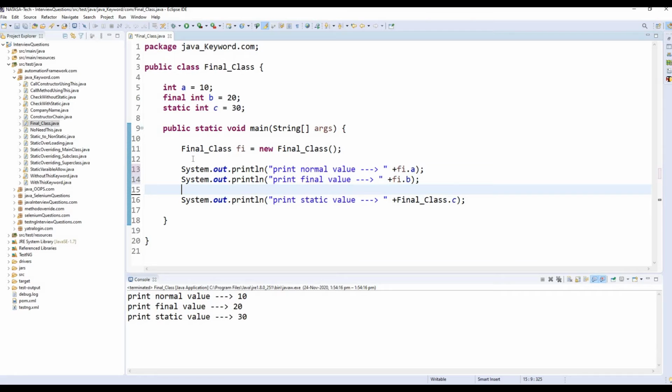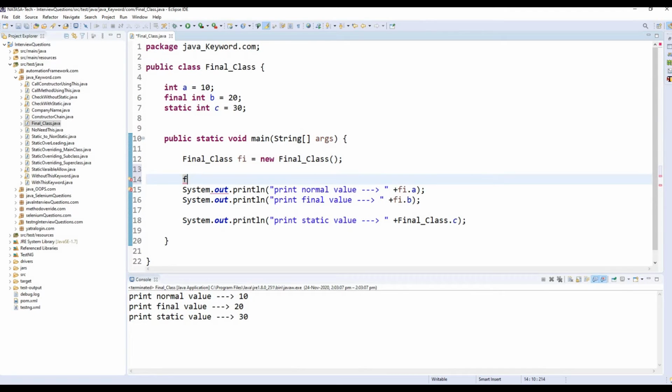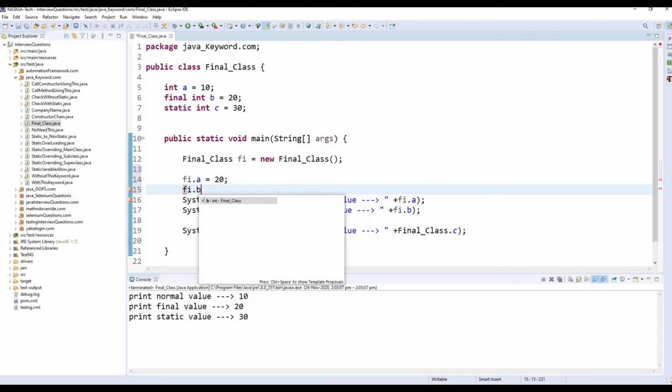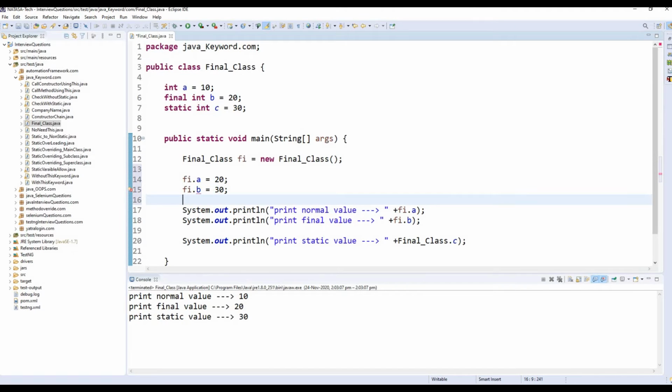Now, are we able to change the final variable value? Let me check here: fi.a = 20 and fi.b = 30. And here, how can we access the static variable? Using class name dot static variable, right?